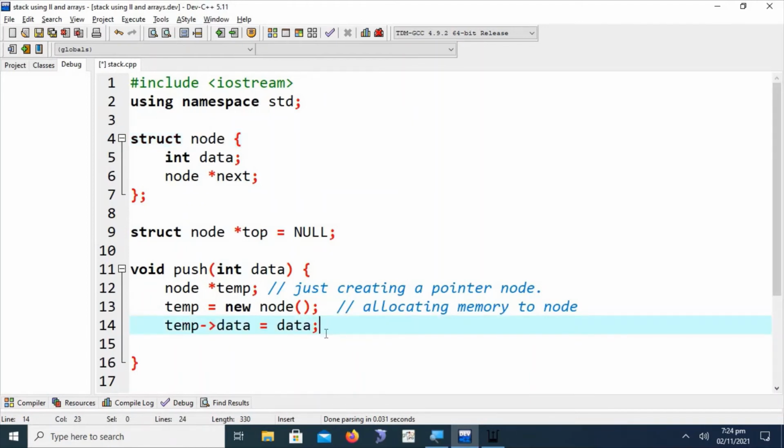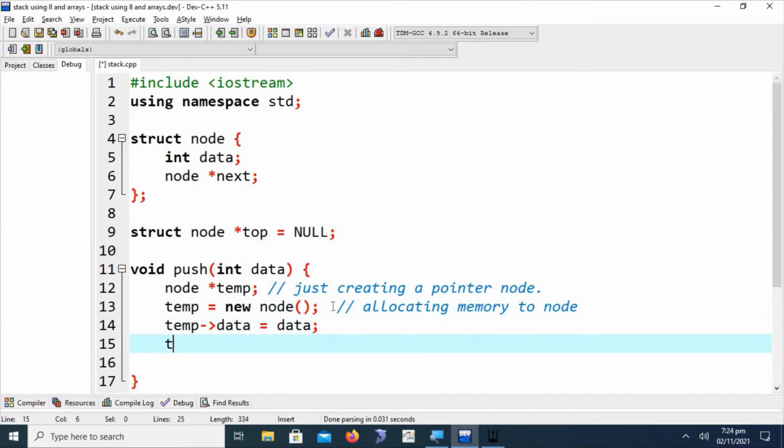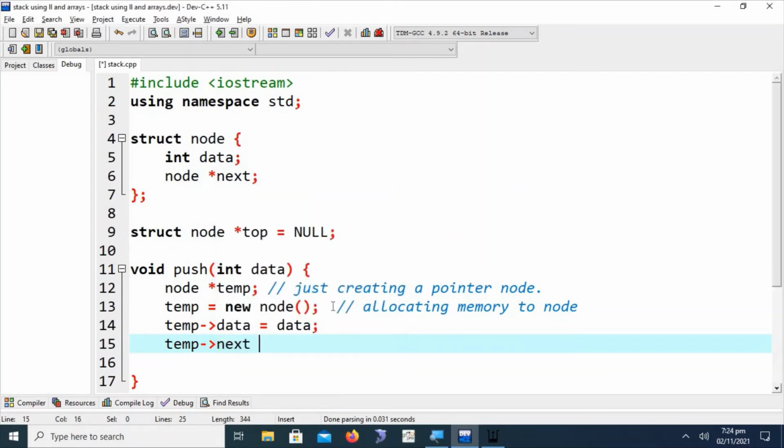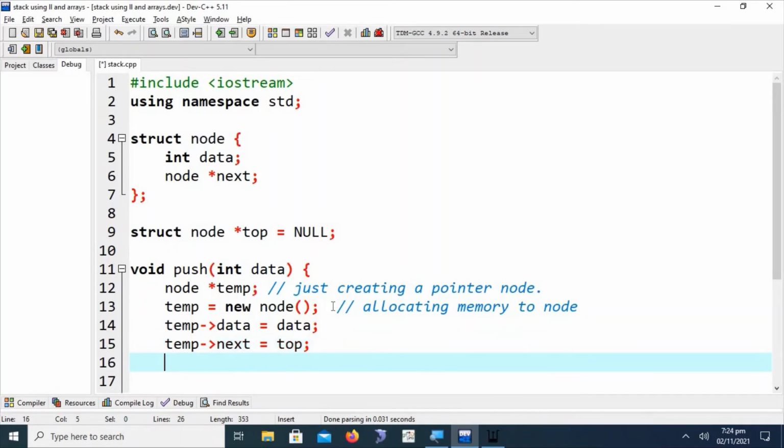What will be in the next part, we have to discuss in detail. What will the temp node contain in its link part or next part? We say here temp next is equal to top, and top is equal to temp.